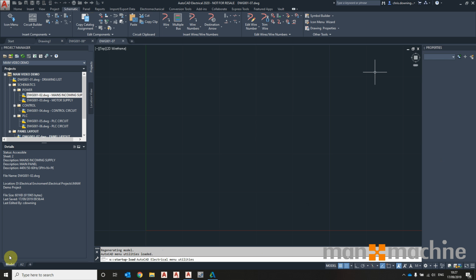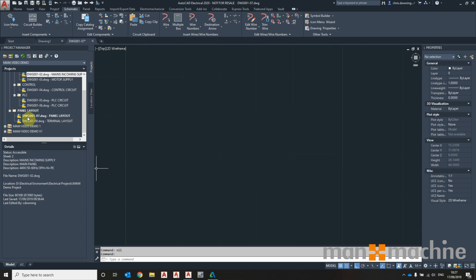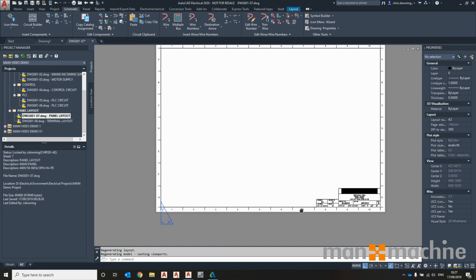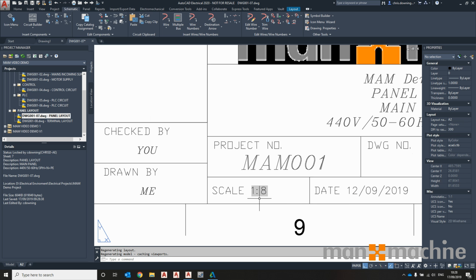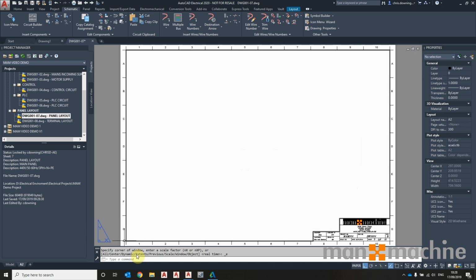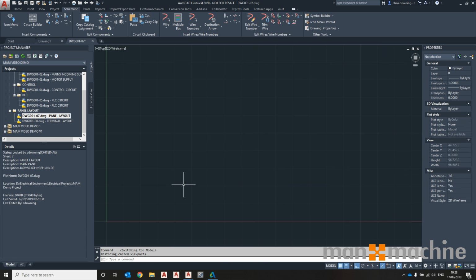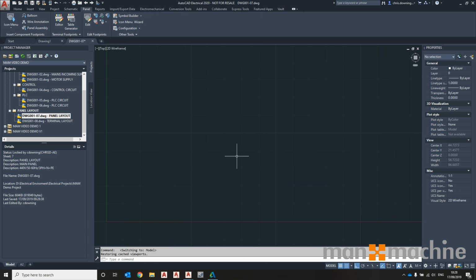So if I jump now to my next drawing, which is my panel layout drawing, I've just deleted the border off the model space. It still exists there on the paper space, and the viewport is set up to a scale of 1:8 at the moment. I can change that and I'll show you that in a bit, but let's go to the panel tab